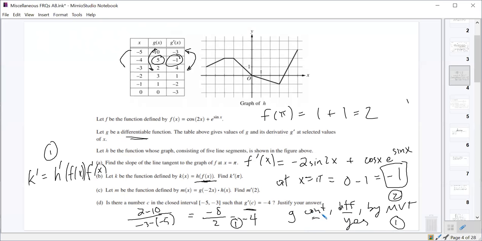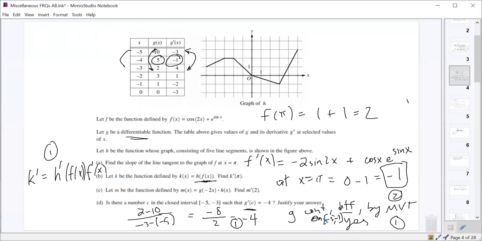If you wrote G as continuous and differentiable, so by the MVT, yes. And then if you have this work there, you're good. The only thing they wrote, they wrote the same thing, except they defined the interval. They said it's defined and differentiable on -5 to -3, which is probably